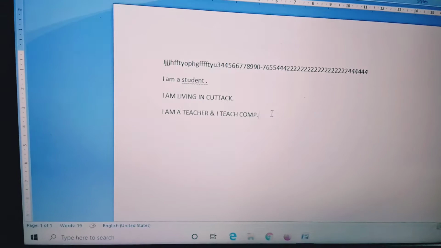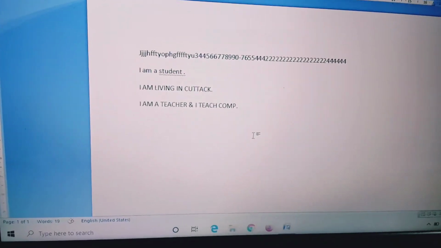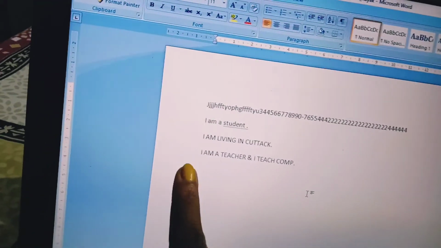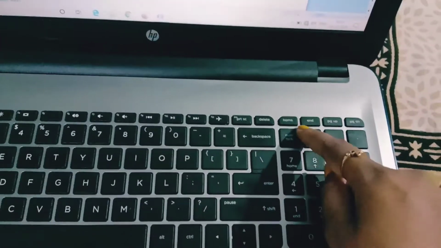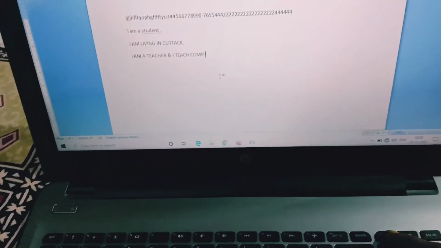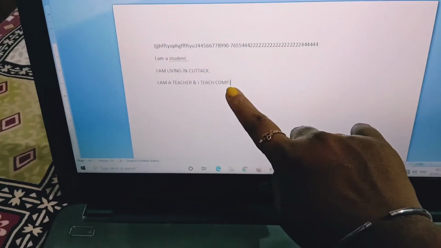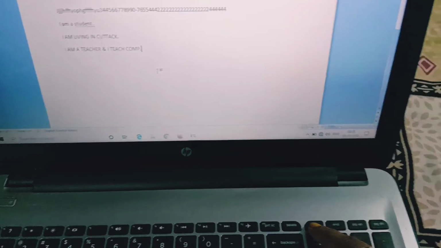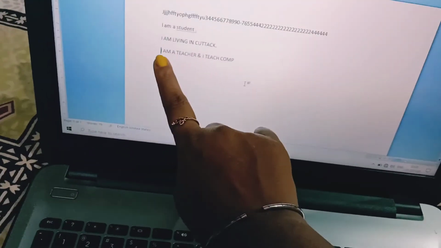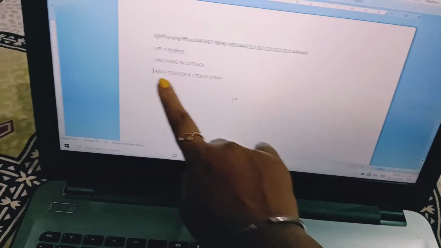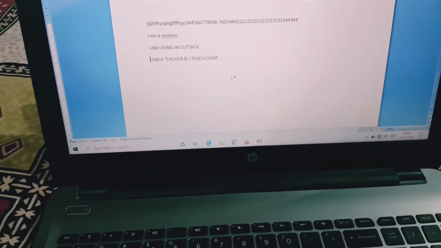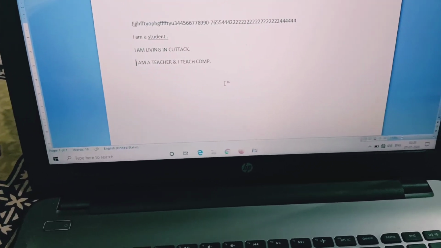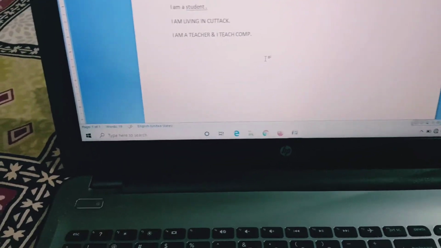Now comes the home key. Just see, here the cursor is blinking. What do you mean by home? Home means the beginning point. So where is the home key? Just above the numlock key. If I press the home key, just see, the cursor is at the last, blinking here. But when I press the home key, the cursor moves to the first, meaning the start of the sentence. So the cursor moves to the beginning of the line by using the home key.